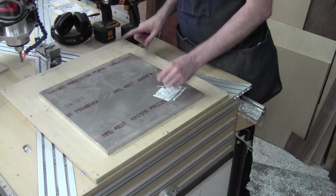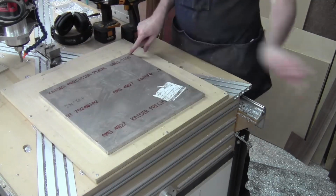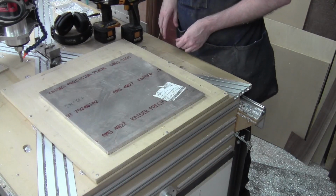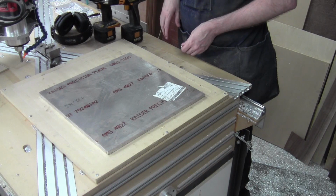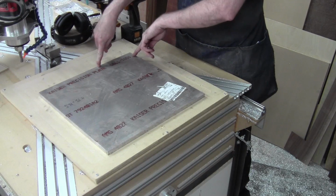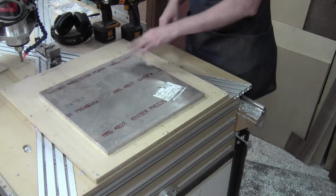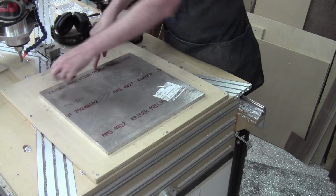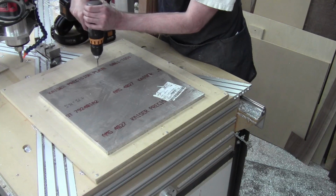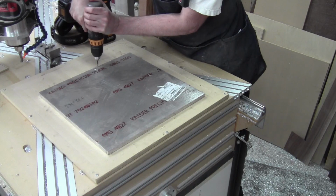So what I'm going to do is come in and drill a couple of holes in the corner. These are corners that won't get touched. They won't even come close to the cutter at all. In fact, just to be safe, I'm going to come up here just in case. It's a 1/2 inch cutter, so it's probably not going to reach it, but I don't want to take any chances. I'm going to come up here and here and just get a couple of holes, a couple of screws in here. Oops, great. And the idea then is I can mount these sides